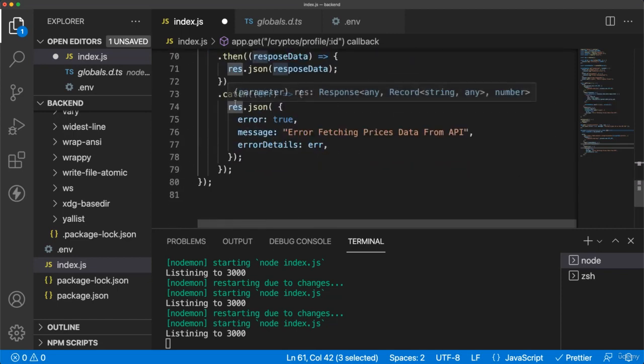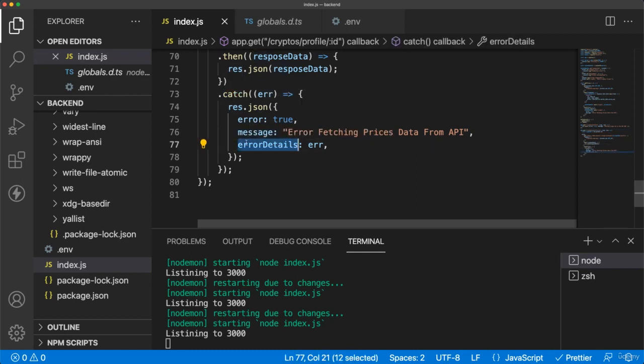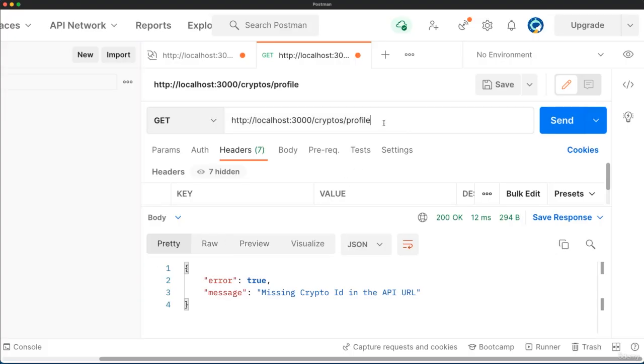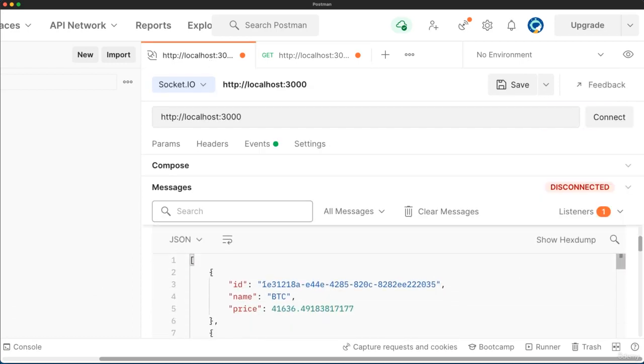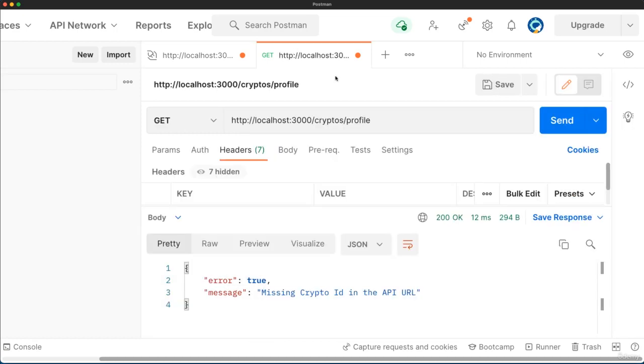In case there is an error, I am going to send that error also through the API with some error details. So let's save that, go to our API. Okay, I am going to pass some valid Bitcoin. So we can have here the ID from our WebSocket, this one, and go again to our API request. I will put a slash, and then I will pass that ID